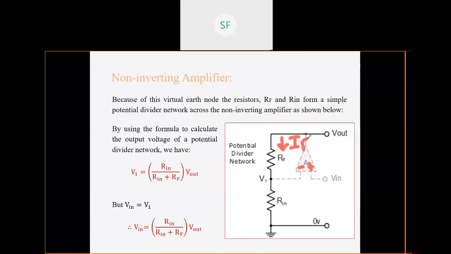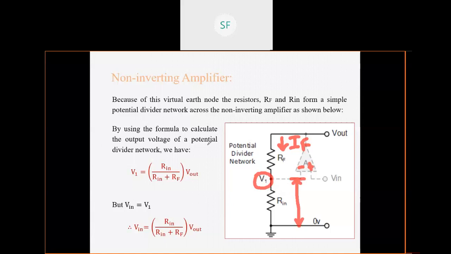Okay, so I will just forward you the PPT and you can take a look. You can compare these two diagrams also. Both are the same diagrams, just the representations are different. So now we are interested in V1. We are interested in this particular voltage. If you observe, V1 is nothing but this particular voltage, the voltage across Rin. The voltage across Rin is nothing but your V1. That means this voltage drop is nothing but V1.